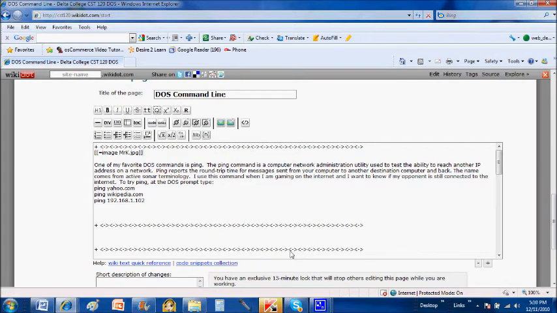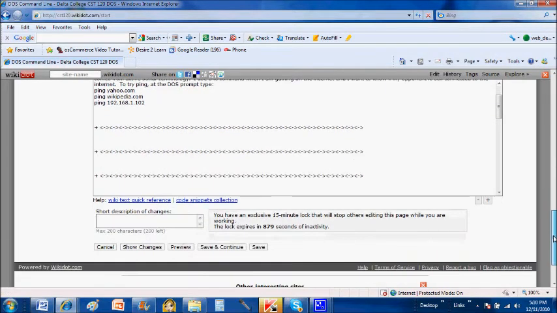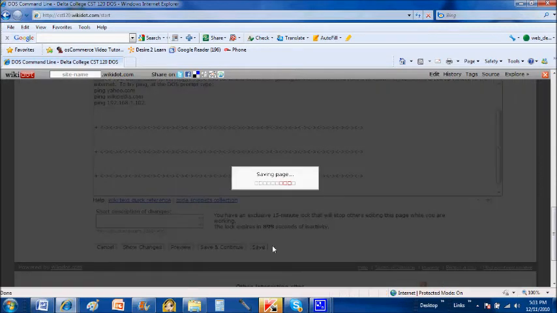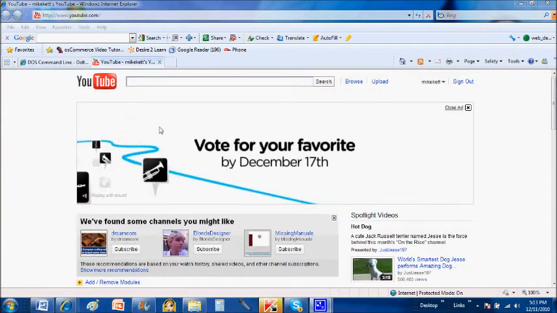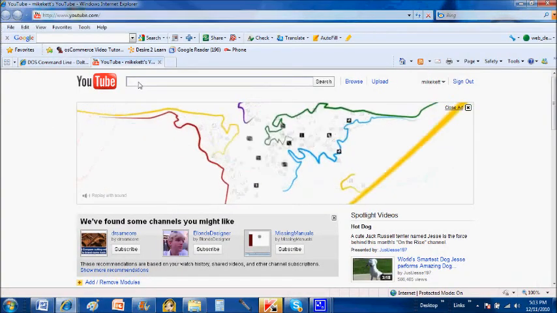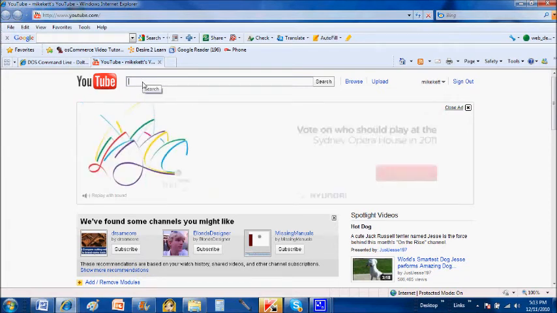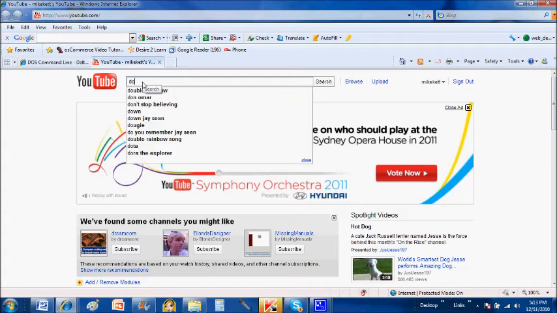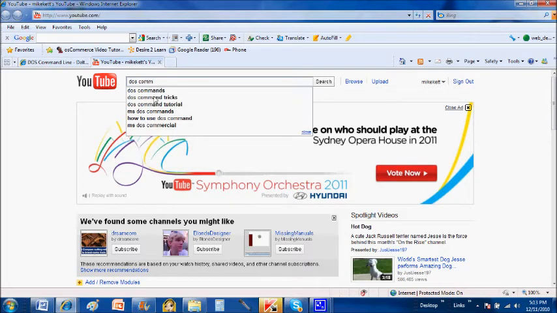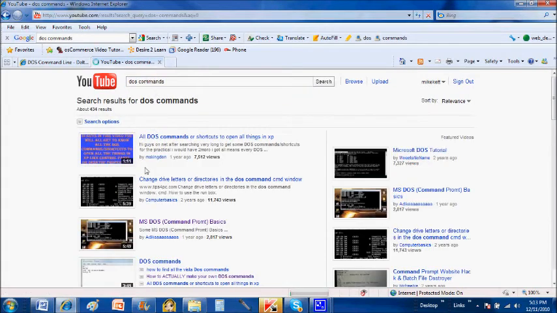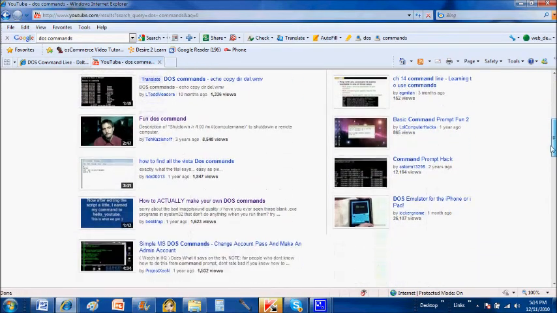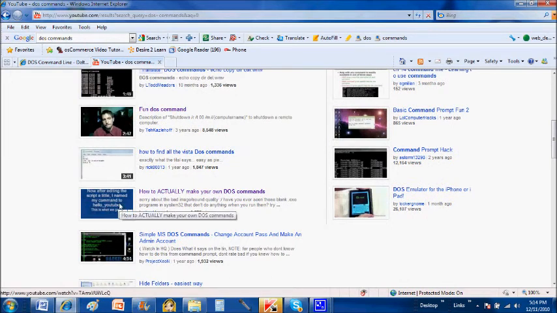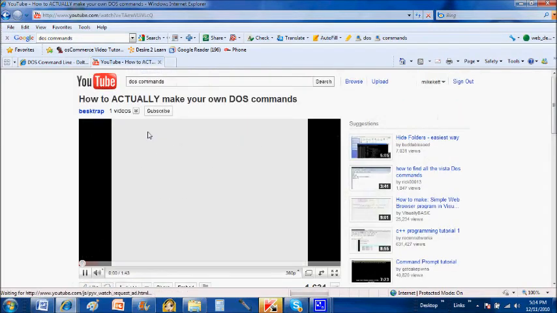Won't look like much until you go to the bottom and click Save. Looking good. The last thing to do is go to youtube.com and do a search on DOS commands. Boy, there's a lot of videos out there. I happen to like this one. So you should view the videos,